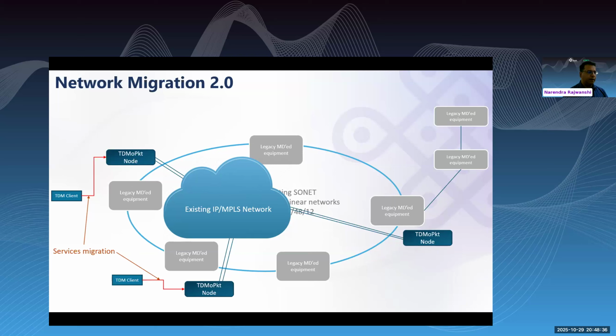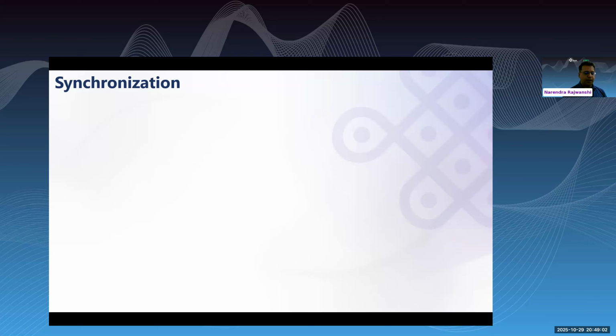The other important aspect in doing this migration, especially when the IP MPLS cloud comes into play, is synchronization. How do we synchronize the two nodes carrying the TDM traffic over packet? At least one of the nodes needs to have a primary reference clock, which is represented here. If both the nodes are connected directly to fiber, we can transport a SYNC protocol to synchronize the other node.